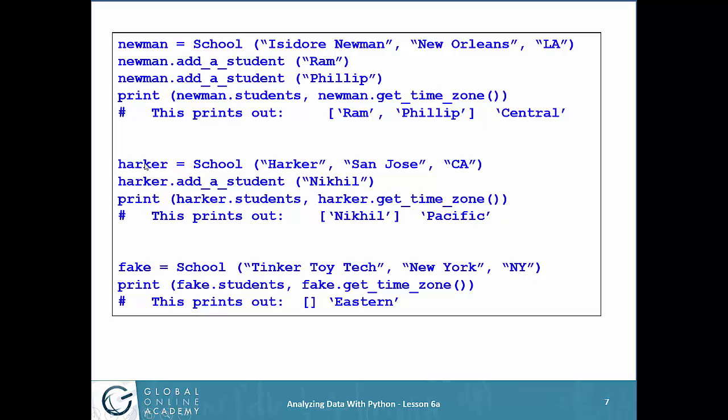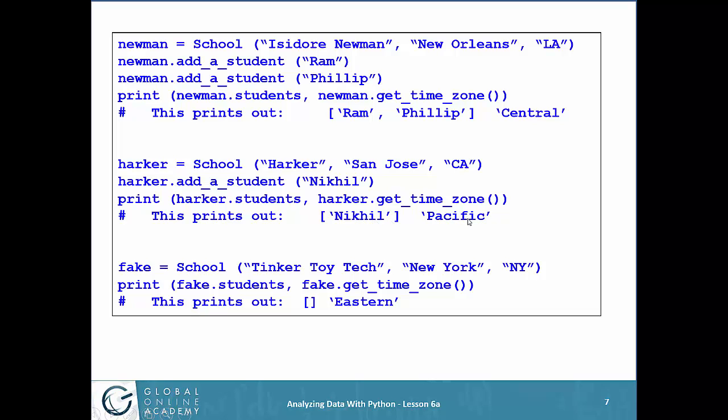And maybe I want to create another object of type school. I've got one called Newman. Now I'm going to have one called Harker. It's going to be a school. Takes 3 parameters, the name, city, state. I'm going to add only one student to this one, Nickel. Print out the Harker students and the time zone, and I get the list that contains one element and Pacific